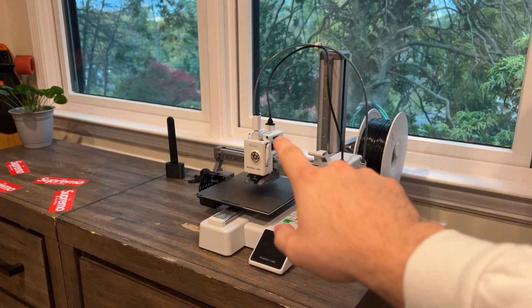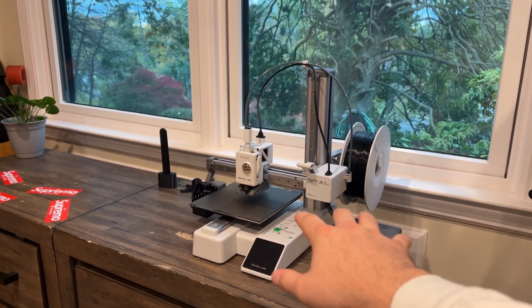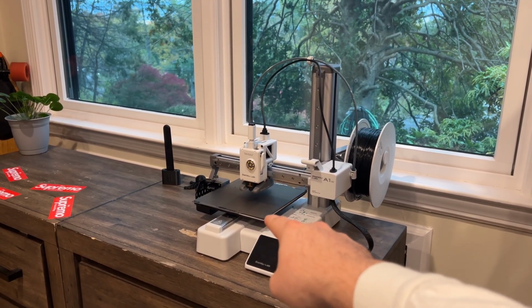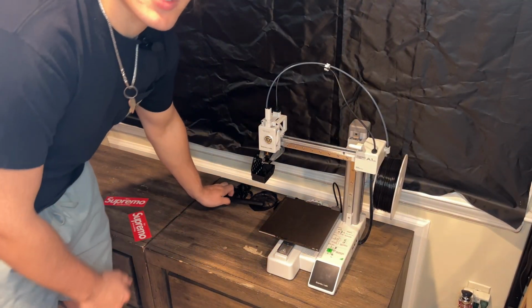Alright, so it's been a little bit since my last video, but I've got the printer here. This is where it's going to stay, and I'm going to show you guys the cleaning process before you start your first print. So the first step is going to be to ensure that your build plate is completely free